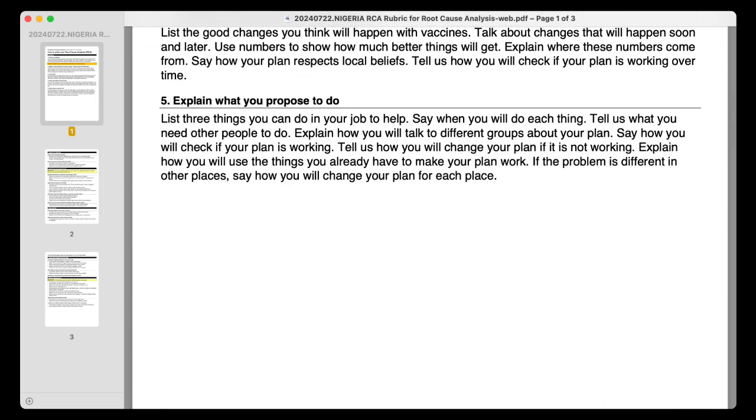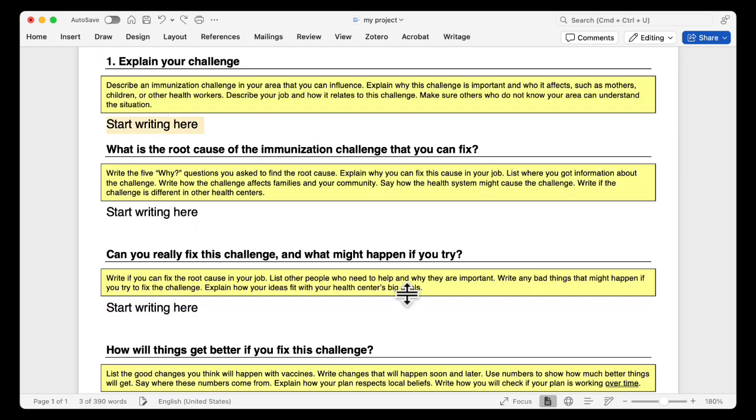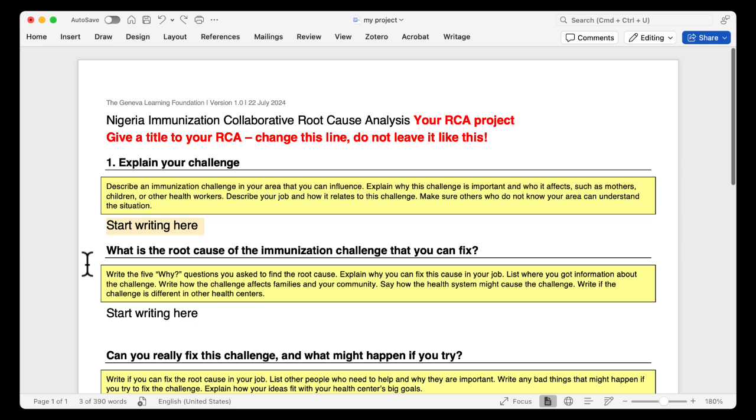And then the last one is the template. In this case, I have filled out this template. Let me empty it again. So here, if you need to use a template, we recommend you actually use your organization's letterhead. So if you work for NPHCDA, use NPHCDA official document if you are authorized to do so, and write your RCA there. Why? Because if you do this well, this is something you can present to your boss, to your